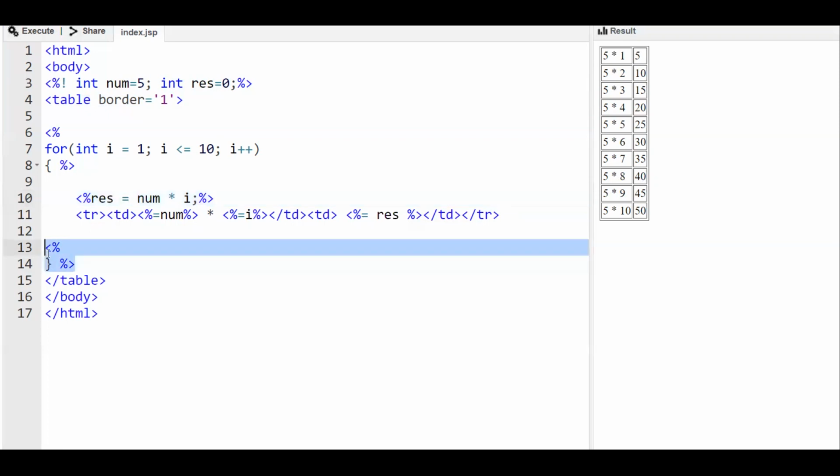And finally, the closing flower braces should be put inside a scriptlet tag once again. So this is one control statement. Next we shall see the while statement.